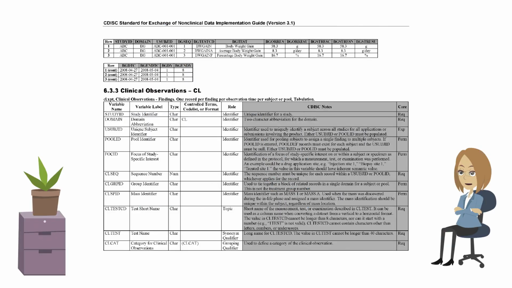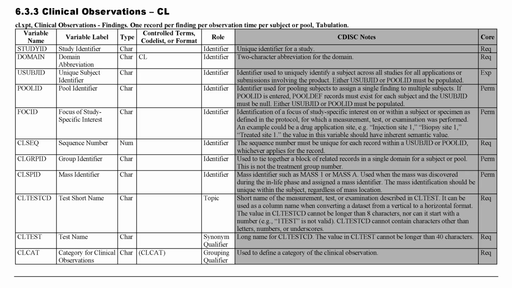All domains are described in a domain table, and each is laid out the same way. The columns show the variable, label, data type, controlled terminology to which the variable is subject, if applicable, the variable role, any notes on implementation, and finally, the core value, which specifies whether the variable is required, expected, or permissible